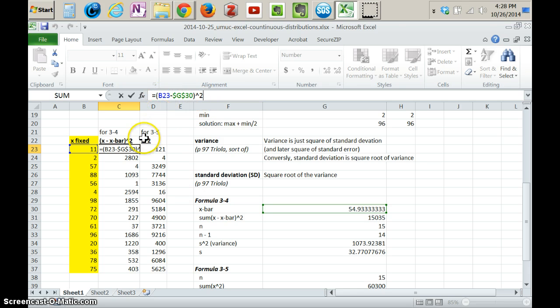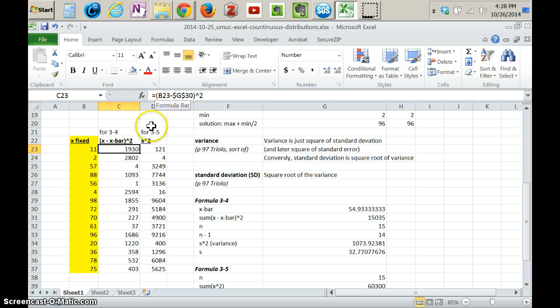And what you need to do is you need to square it at the same step. So one thing that sometimes I'll do, and if you're practicing this, I'd recommend doing this, is to do it in multiple steps. So do the B3 minus G30 part, and you'll have a column for that, and then do this where you just square it, and again, it just helps you walk through the steps a little bit better. But I've done those both all in one